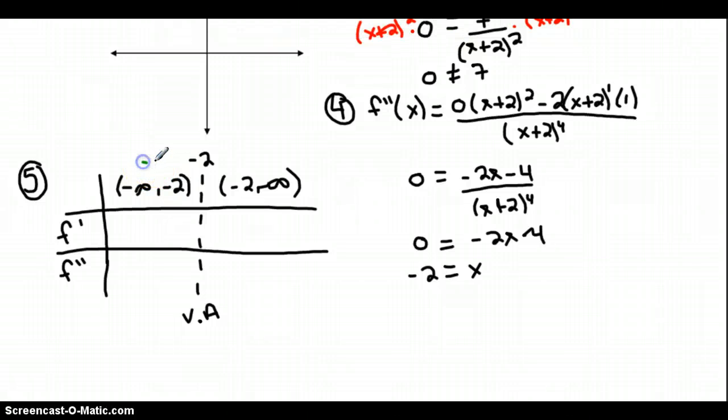So my test value, any number at all. Let's pick an easy one. I don't know, negative 3. That works. And then between negative 2 and infinity, again, another easy one, maybe 1 or 0. Something simple that we can use. This is our test value,